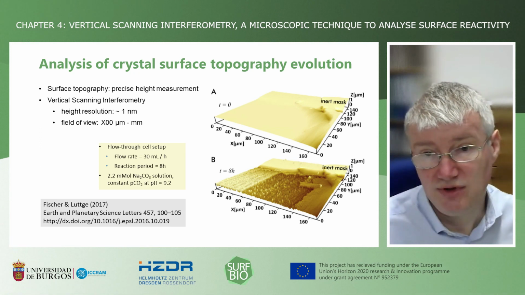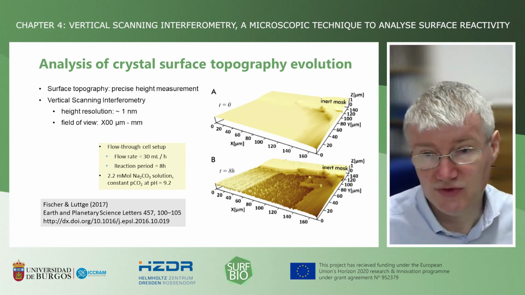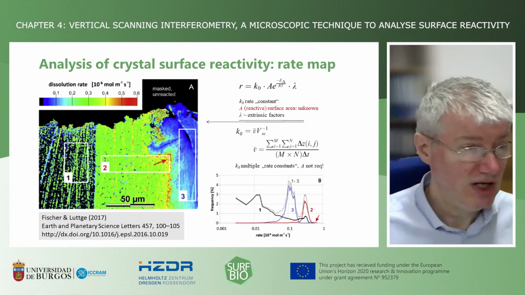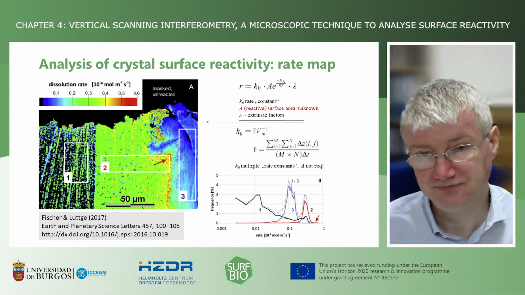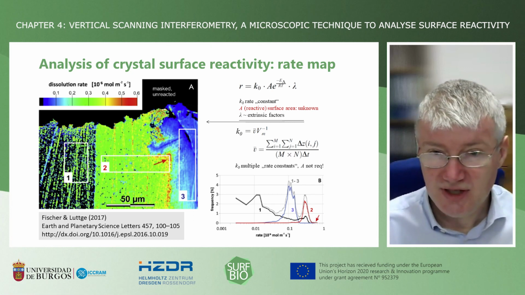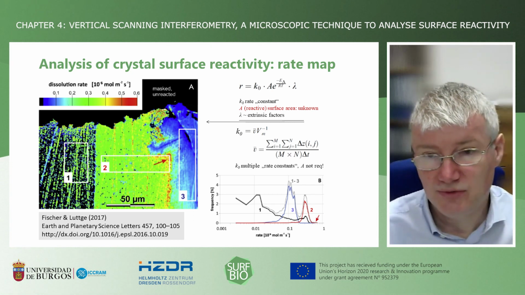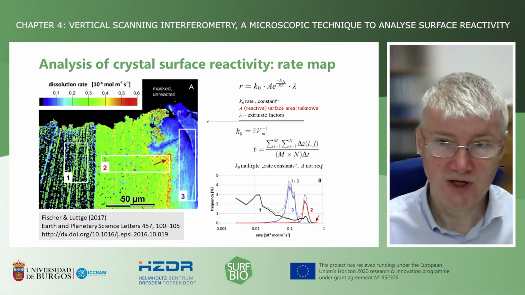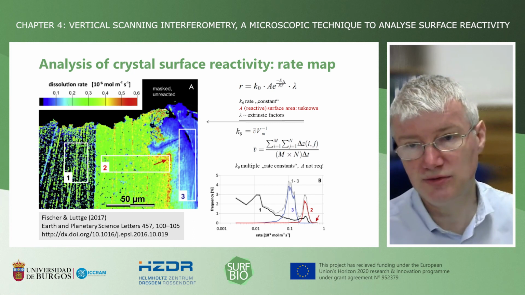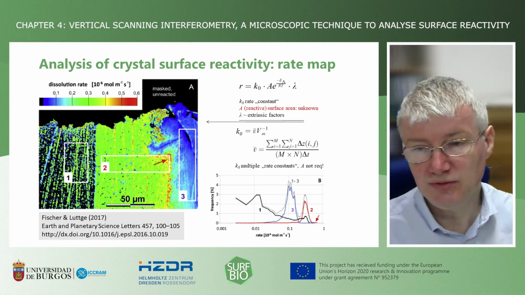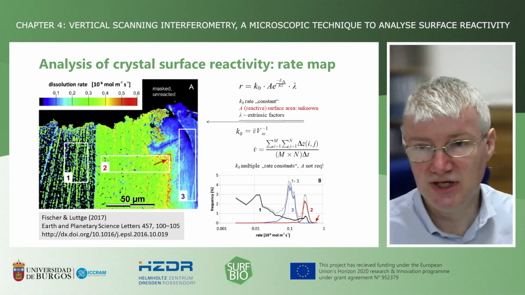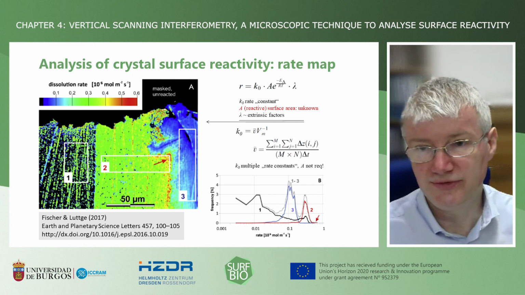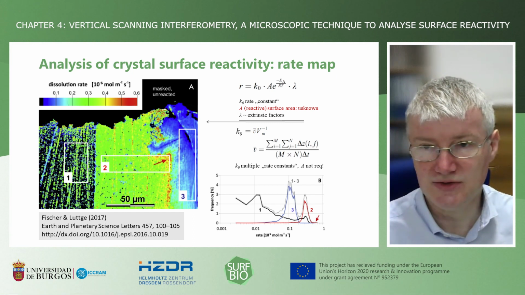If this height map is measured again and again during reaction at the same position of the material, we can take advantage of this series of height information. This brings us to the surface reaction rate, which is actually an expression of surface reactivity. Usually with a rate equation, as shown in the upper right, rate equals a so-called rate constant, then we have a so-called reactive surface area and a term that refers to the thermodynamic constraints.